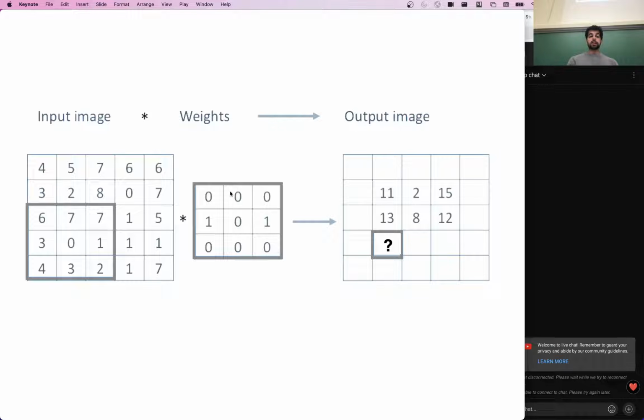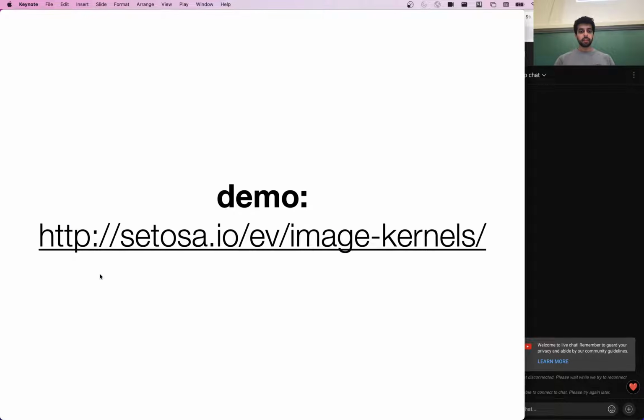So if this is our kernel here, or weight matrix for the convolution, and we're at this block here, the resulting value in this output image is, we'll just look at the non-zero elements. So this one is multiplied by 3, this one is multiplied by 1. We add them up, so 3 plus 1 is 4. 4 is what you get when you apply this kernel over this patch of the image.